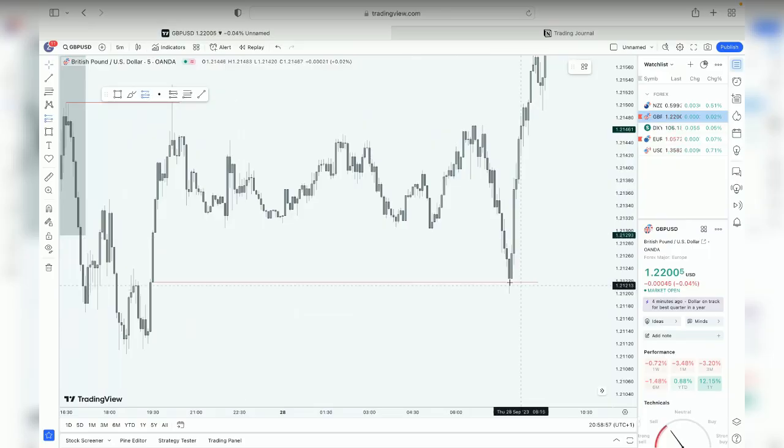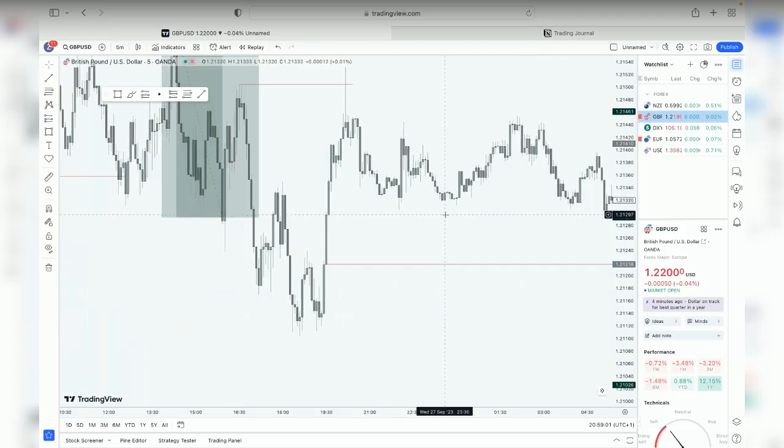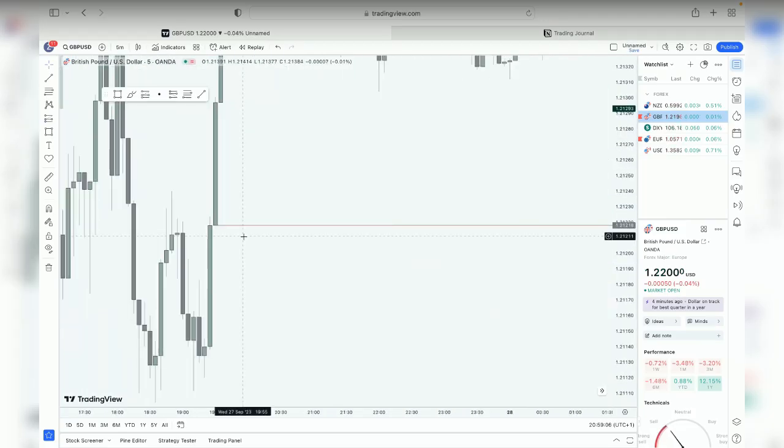But then there are different FVGs and not every FVG works. You see these FVGs that are weak, they barely have anything. You see this one has something, but this one here barely has anything on it. These FVGs are one